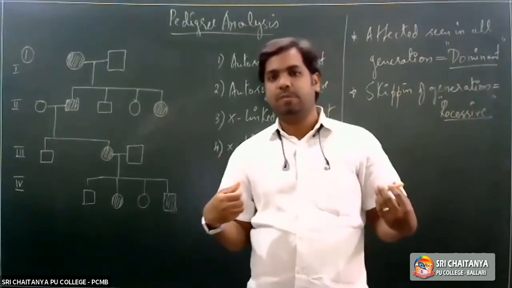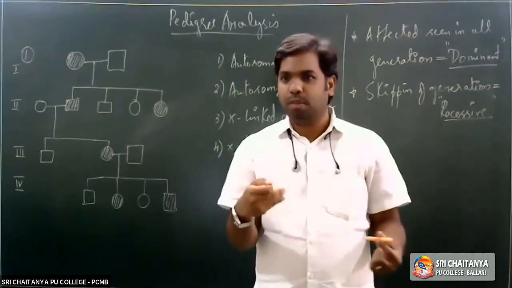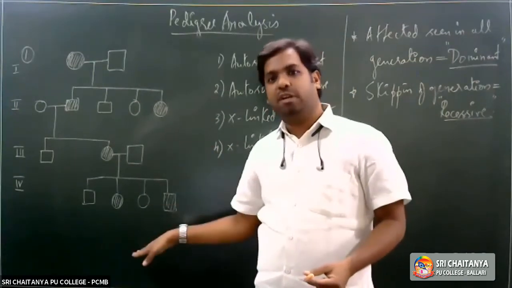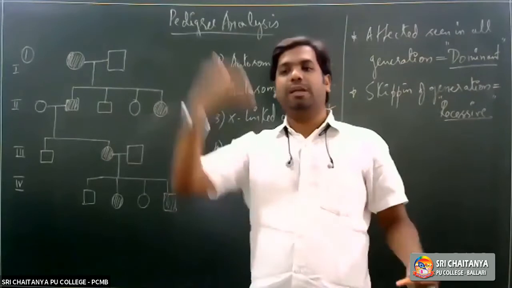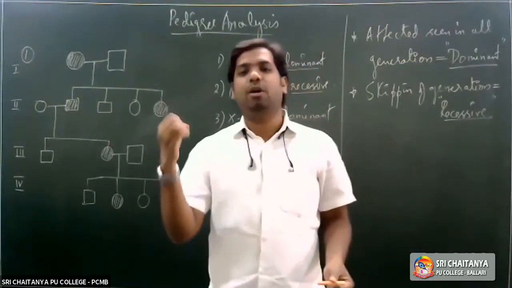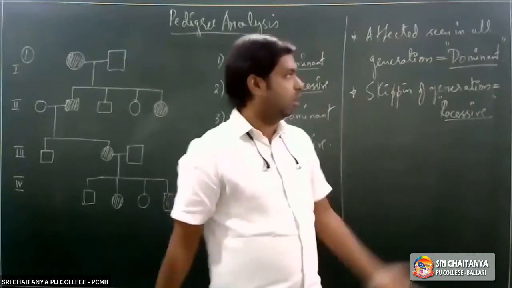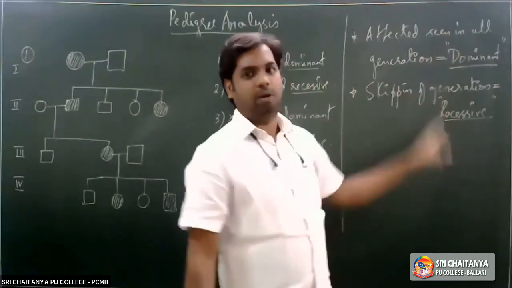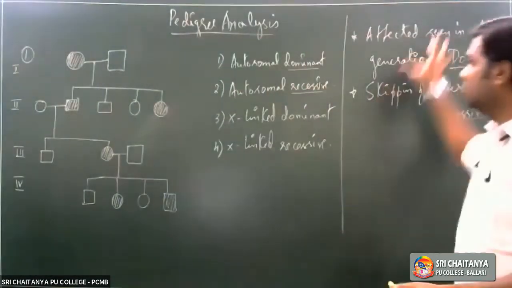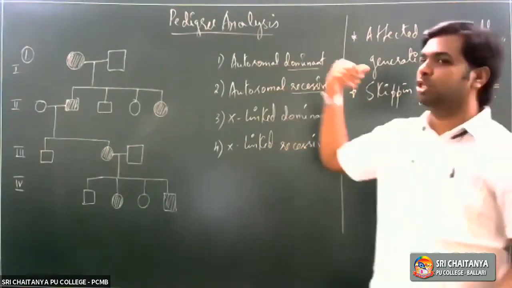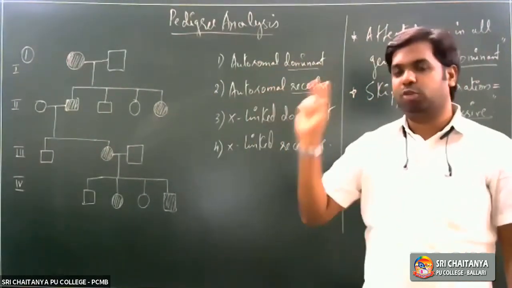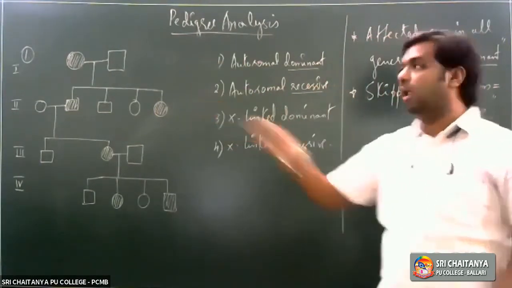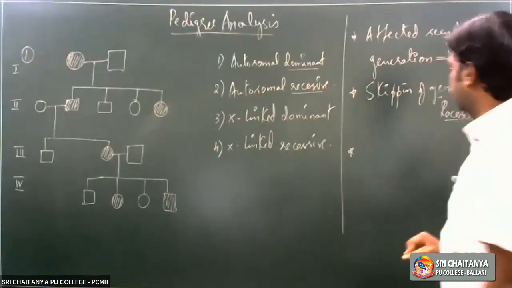If that is the case, where the first generation is affected, the second generation is not affected, the third generation is affected, there is skipping of generation seen. Such a disorder or mutation would be a recessive mutation. That's how we identify whether it is dominant or recessive. Once we are confirmed about whether it is dominant or recessive, 2 of the 4 options would definitely be eliminated. We'll be left with only 2 options, and out of those 2 we need to identify which one suits best. Next one, the fourth one, what you need to remember.